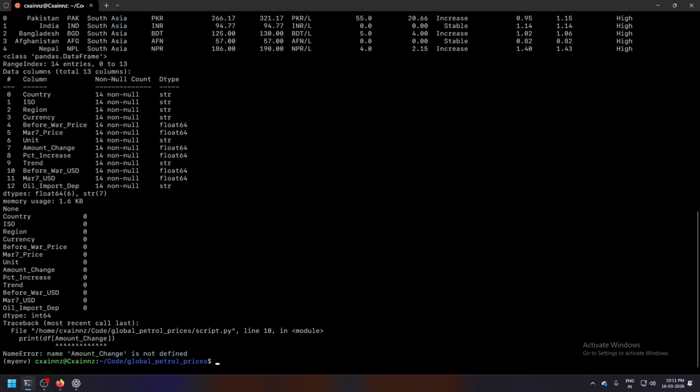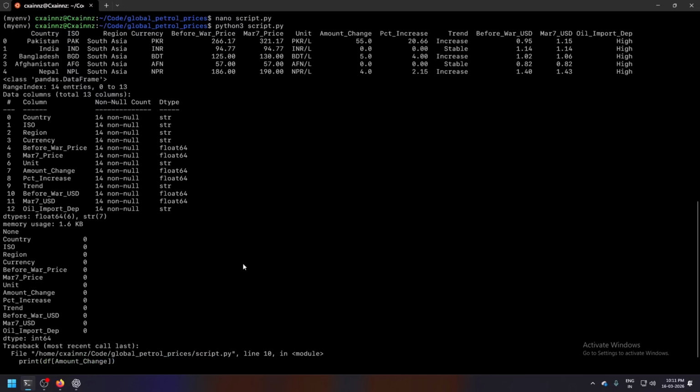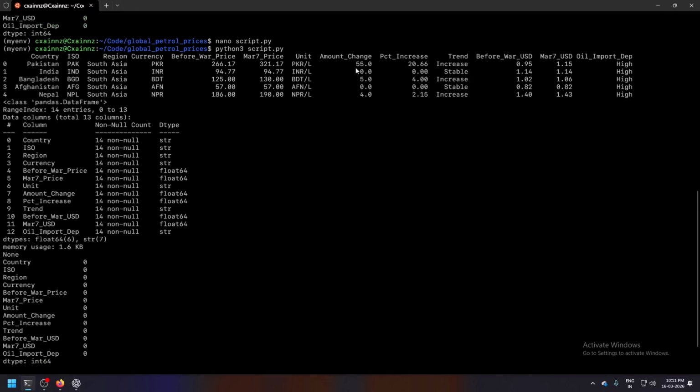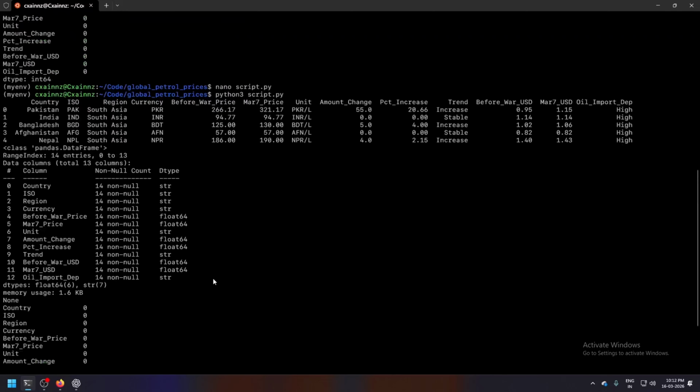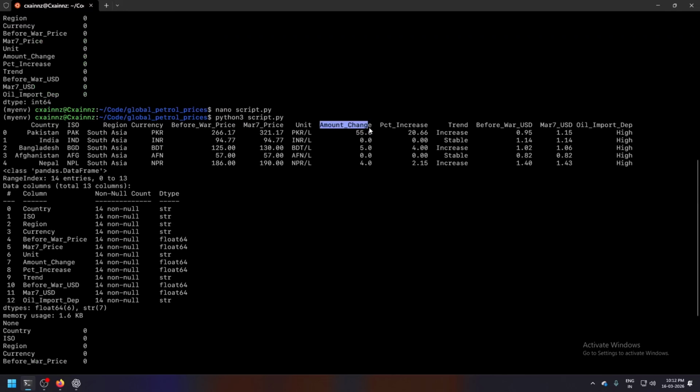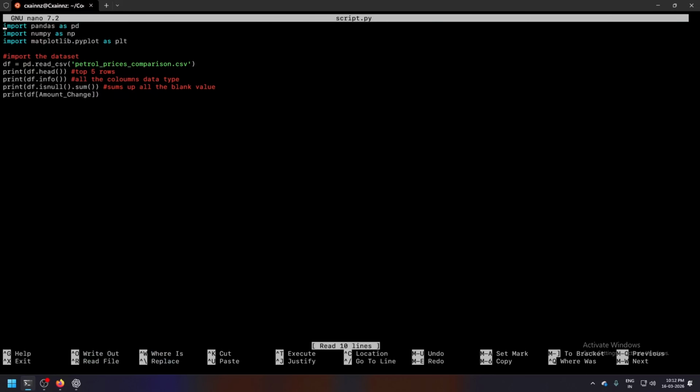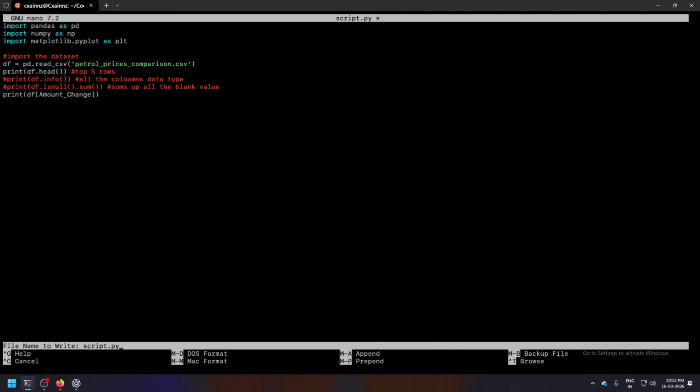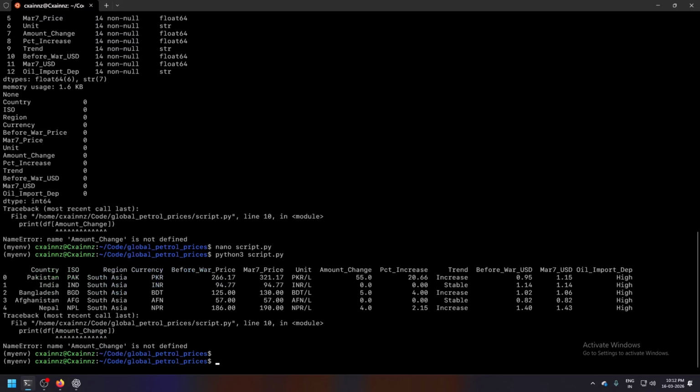Okay, so it says the amount change name is not defined. What I've written is amount change. Let me copy paste this and change this particular thing. Now if I run this, it says amount is not defined.